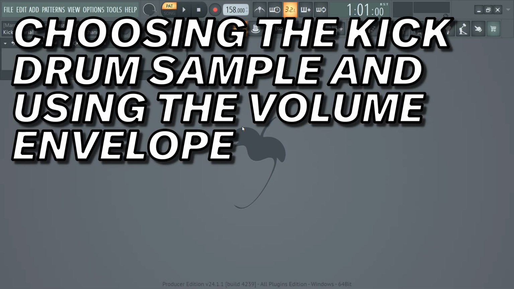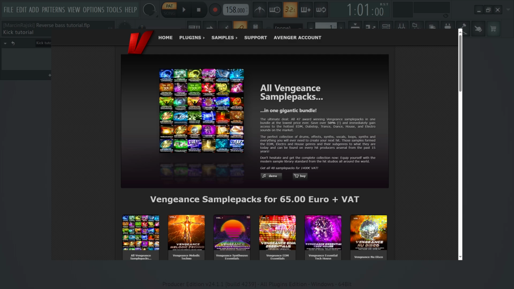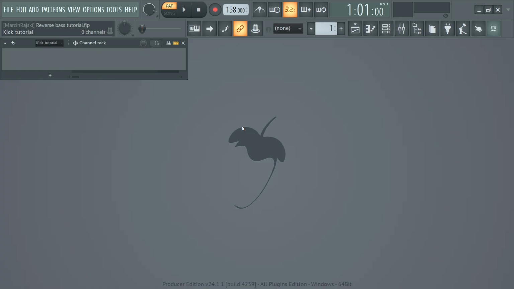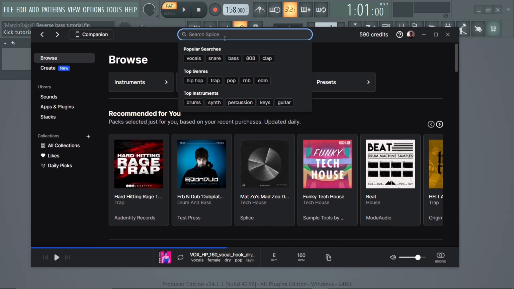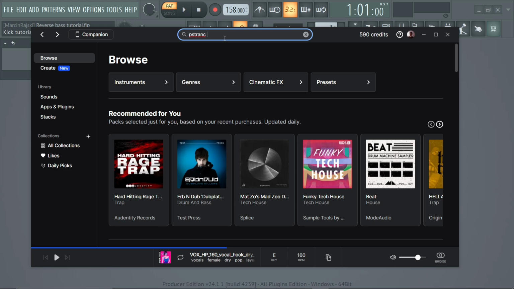For this style of beat we will need a clean kick drum sound. I can already say that Vengeance kick drums are going to be too dirty for this kind of beat, because usually in Vengeance kick drums we have lots of noise or other textures that make this kick drum not clean enough. Where to find clean kick drum samples? I recommend using Splice. And it would be good to explore kick drums not only for techno music. In case of this tutorial, I can be interested in finding either a psytrance kick drum